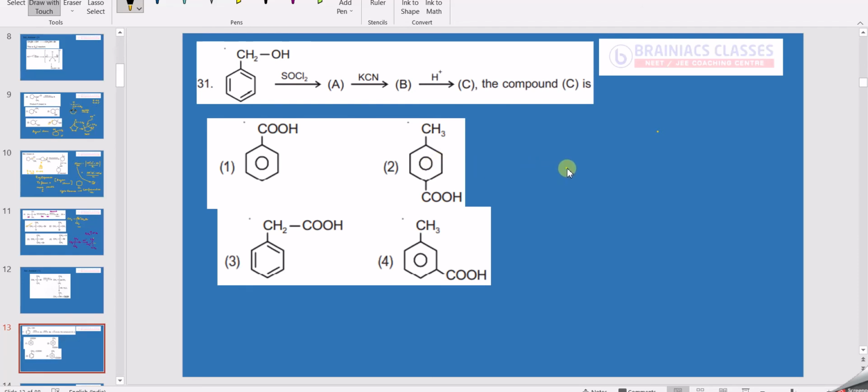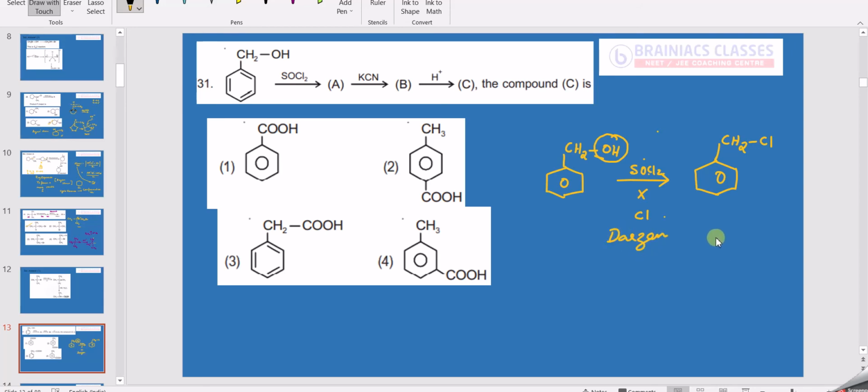You are given an alcohol that is called benzyl alcohol, C6H5CH2OH. Now this is being treated with SOCl2. We know this reagent very famously. Last class I told this reagent can convert alcohols, which have a strong nucleophile OH group. It can replace this strong nucleophile with what? Halogen. So here the halogen is chlorine. So it can easily convert this into CH2Cl, benzyl chloride. So this reaction is called Darzens process.